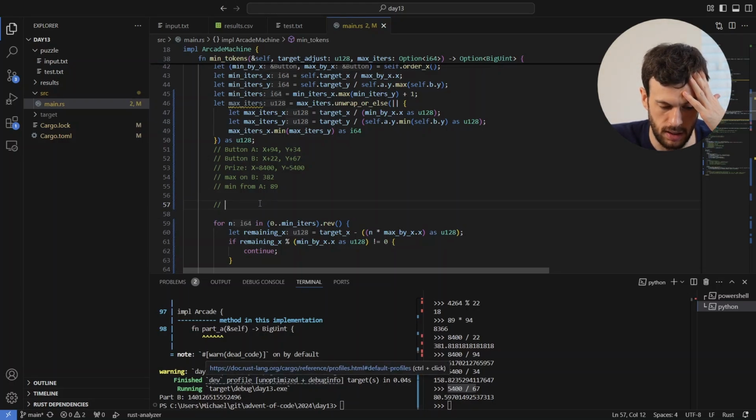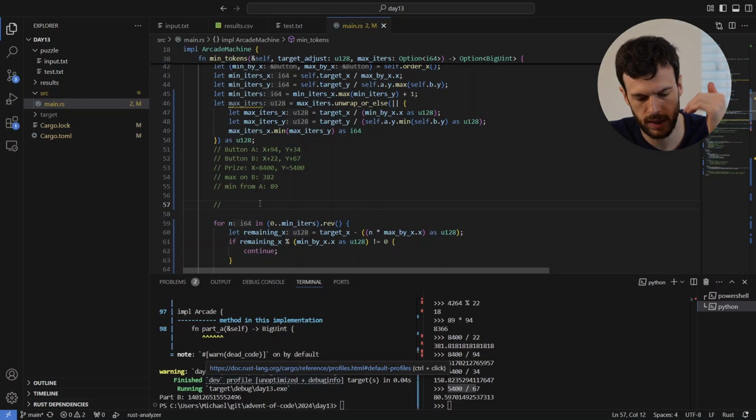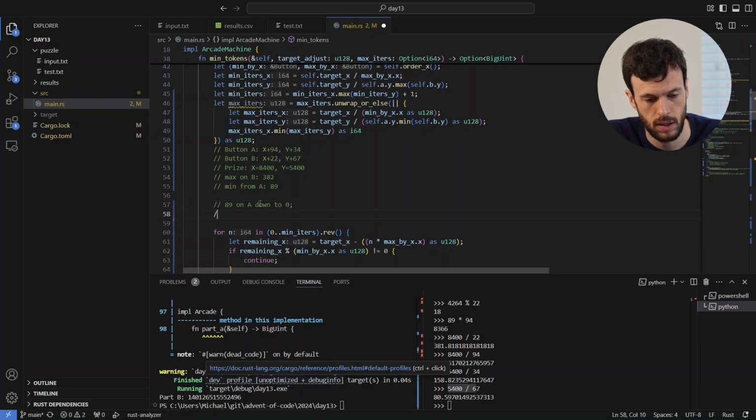And I wonder if that's because we're missing possible solutions. So if we're going from 89 on A down to 0, maybe, let's say there's a solution at 88A and at 40A pushes, right? So we'd find the solution at 88 first,